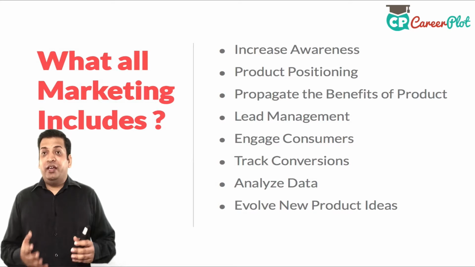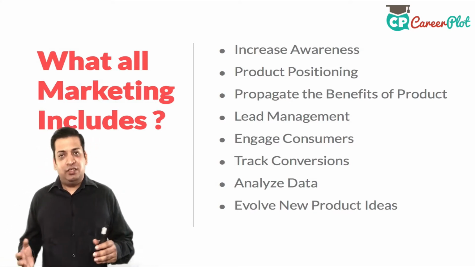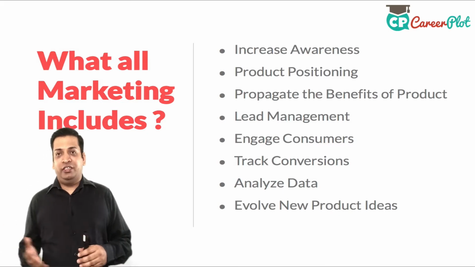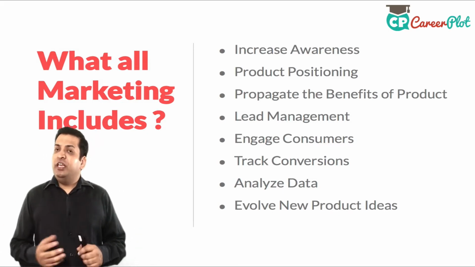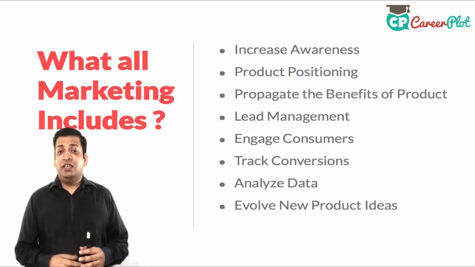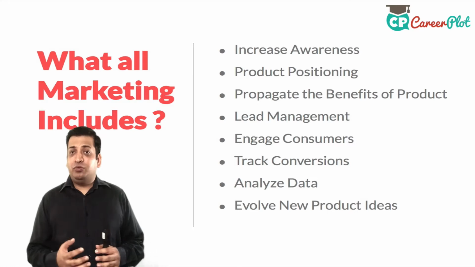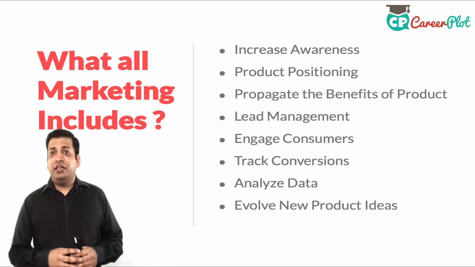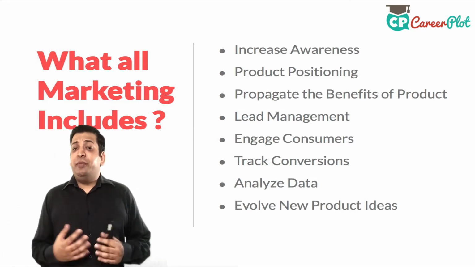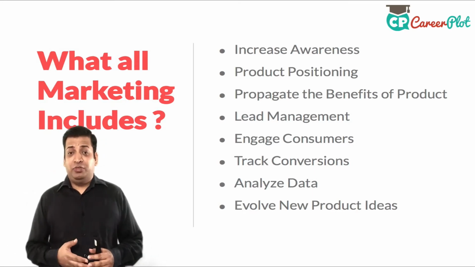And every potential buyer is classified as a term called lead. We are going to get into details in other lectures too. So lead is what every potential customer is identified as. Once the lead is identified, it will go through a deal cycle, which we will talk about in a minute. And then once the deal cycle is complete, it becomes a customer. So from consumer to customer happens in a lead management cycle.